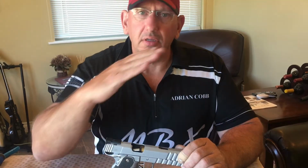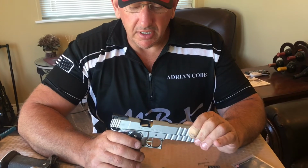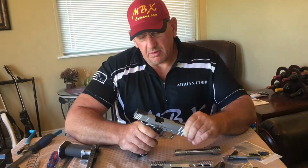But you need enough spring pressure to scoop it around and put it in, and to overpower the extractor and make sure that everything goes in battery correctly. So that's really more of a battery issue. We also get some where the round appears to